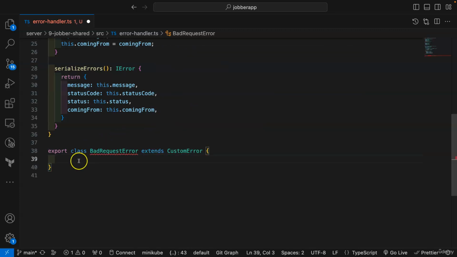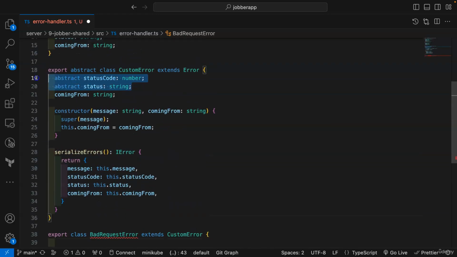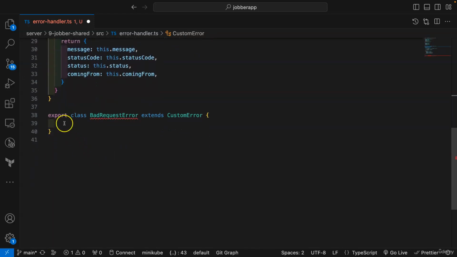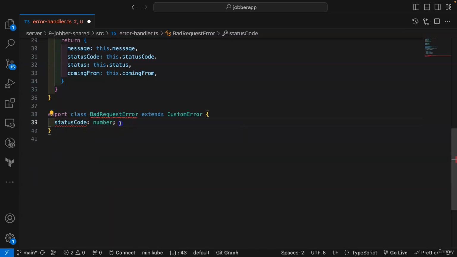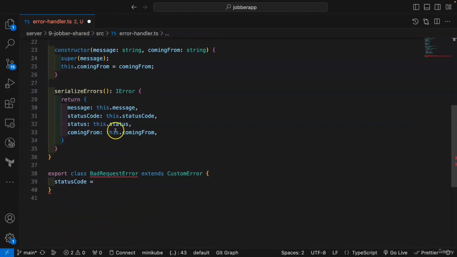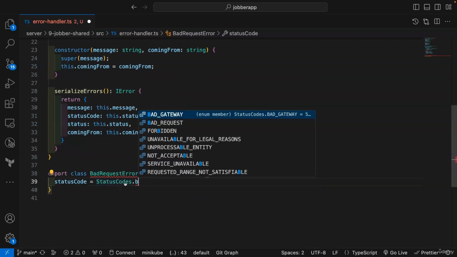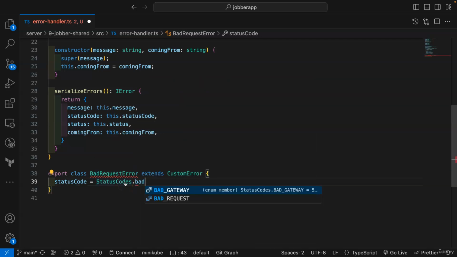Because it's extending CustomError, we need to define the abstract properties. The first abstract property is status code, and the status code will be equal to what we get from here. So this is going to be StatusCode.BadRequest,